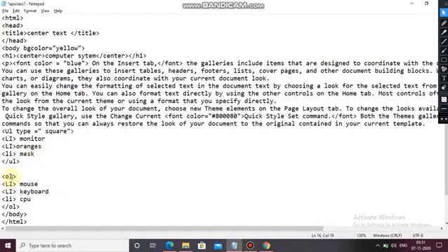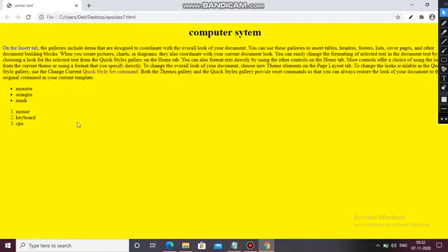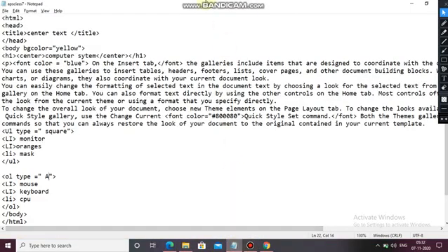Okay, in ol type equals to double inverted commas, capital A. Control S, refresh it. No changes have been done. Why so? Let's see if there is any mistake.